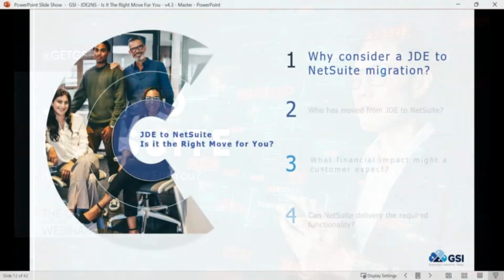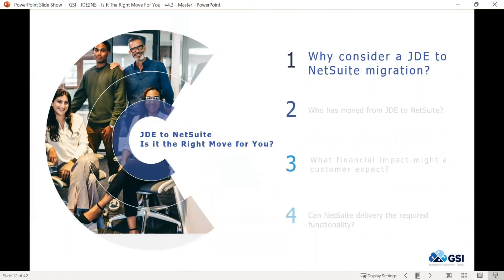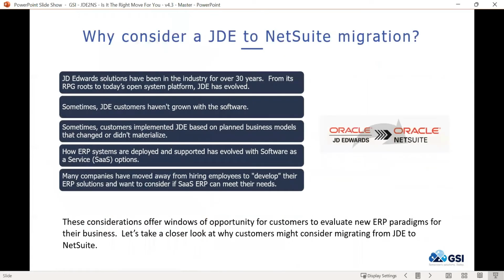The why: consider a JDE to NetSuite migration. We're going to share some information here today that talks not only about customers who've made this move and what kind of financial impacts you might experience, but also what kind of functionality you should be expecting from a JD Edwards to NetSuite comparative process. So as we move forward and consider the migration itself